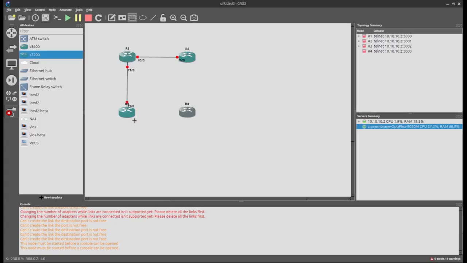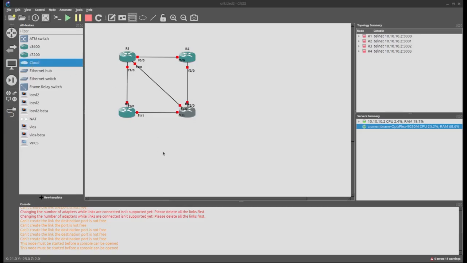So I switched over to the IOSv images for this lab. These turned out to be a little too heavyweight for my machine. So I switched over to Cisco 3600 router images. And Ubuntu started complaining about outdated encryption algorithms with SSH. So I switched over to C7200 images, which also